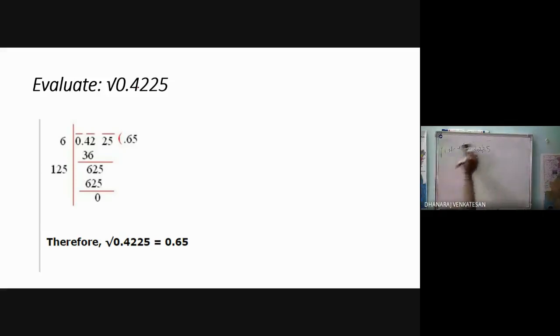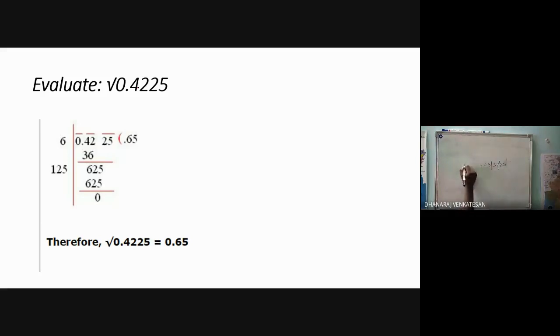You may ask one question. You will have one doubt. If there is a decimal point and there is 65372 something, if I am pairing this way, there will be a number remaining single. You will have a single digit. In such cases, you can put 0. You have a right to put 0. Like this you can put.